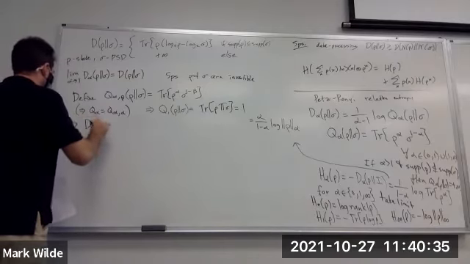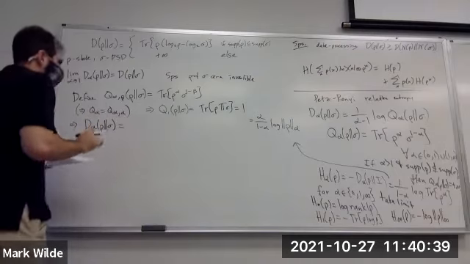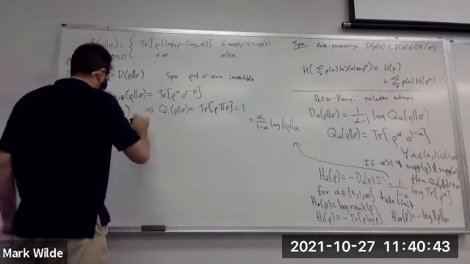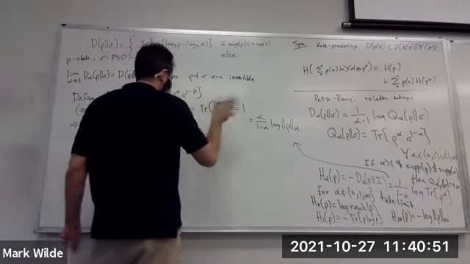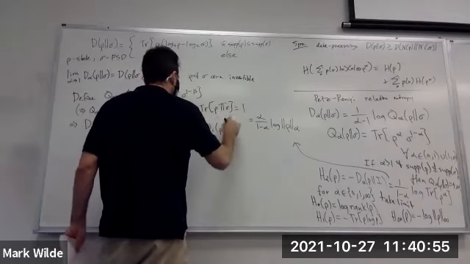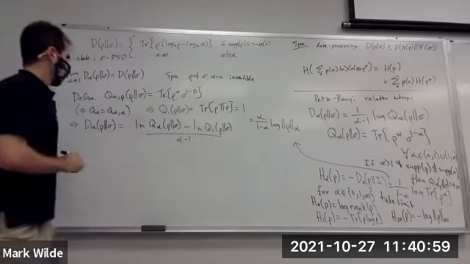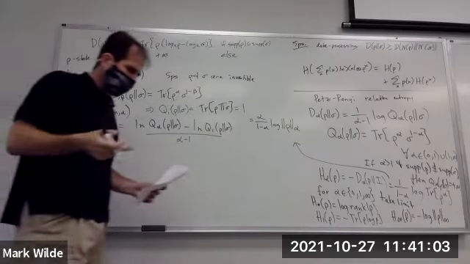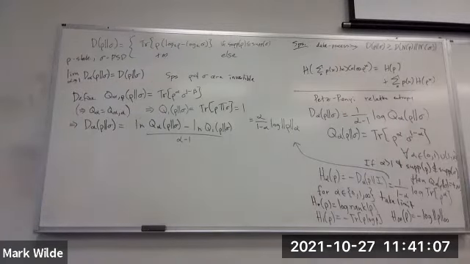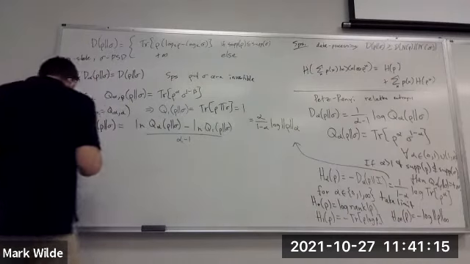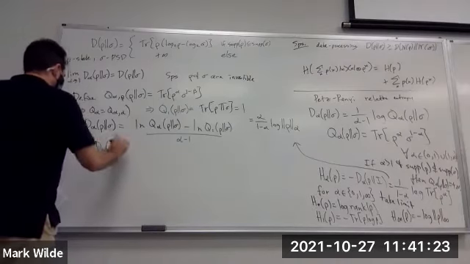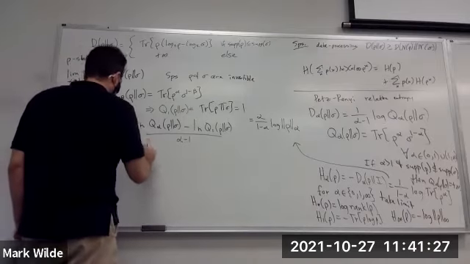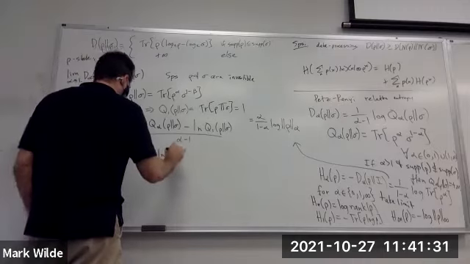Well, it means that D alpha of rho and sigma, you can think of its definition as being like that of a derivative. So we use natural log now. This is 1, so we can subtract natural log of 1 at 0. So remember the definition of a derivative, right? f of x minus f of y over x minus y, as x goes to y, that's the derivative at y. So we use precisely that to say that this limit as alpha goes to 1 of D alpha is actually the derivative with respect to alpha of log Q alpha